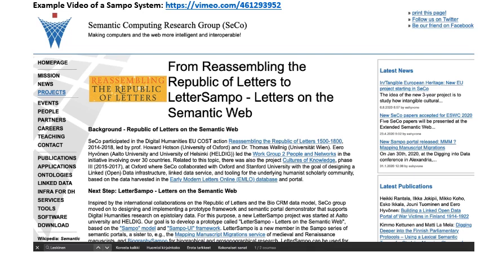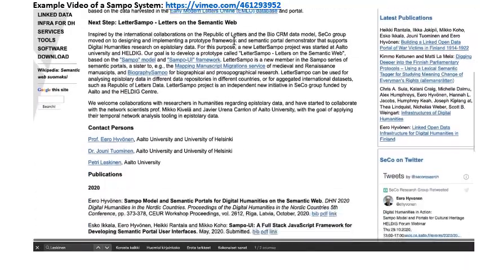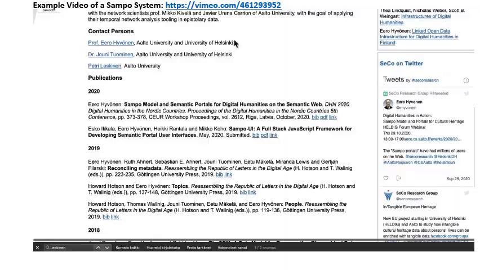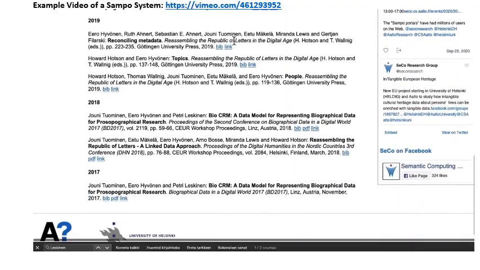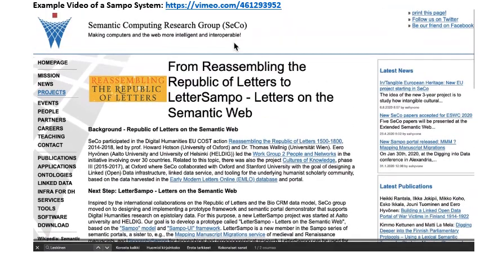Letters are always sent from a place to another and are therefore scattered in different archives in different countries, written in different languages. Harmonizing the metadata from separate data silos and aggregating the data into a semantically interoperable global service for digital humanities analyses makes a nice use case for the Sampo model and Sampo UI framework, developed at the